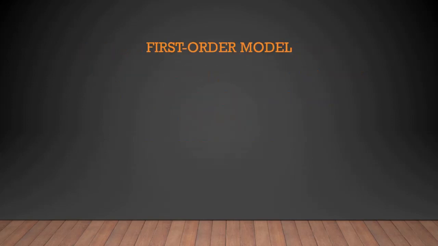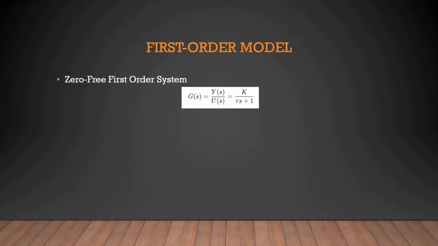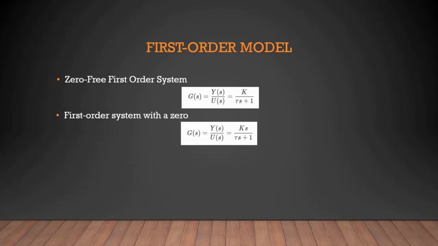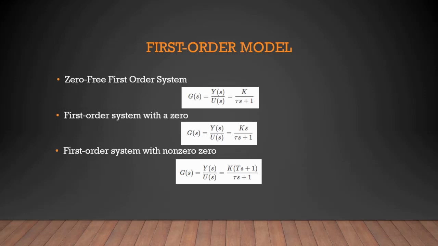First, let's talk about a first-order model, a mathematical representation of how a process or a real system behaves over time when a stimulus is applied to its inputs. Also, there are three different types of first-order model. One of them is with a zero-free, another one is with a zero, and the last one is with